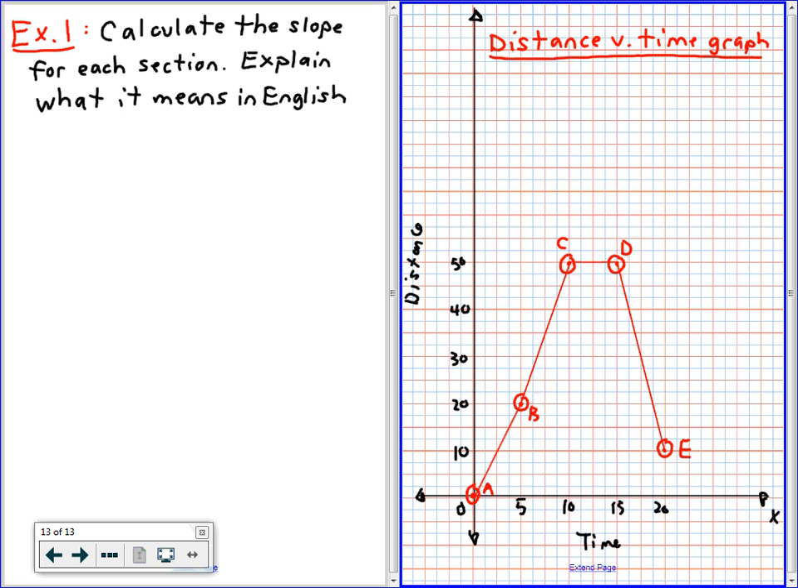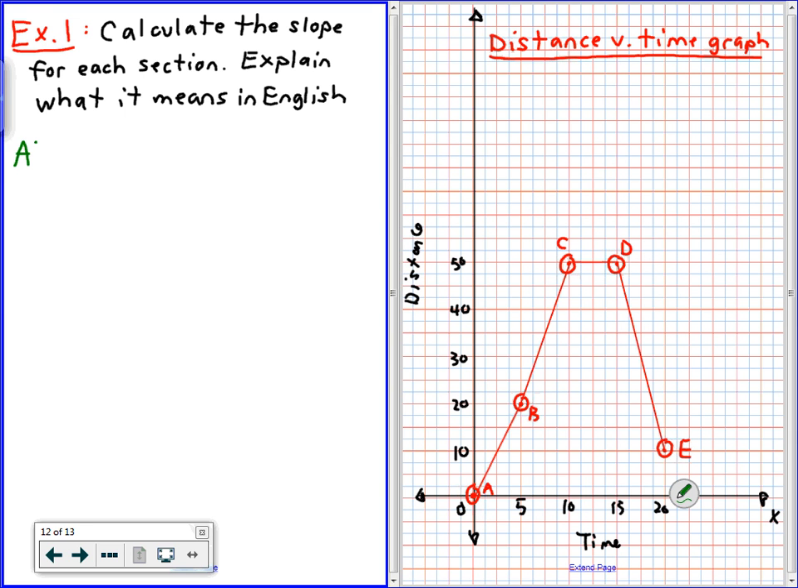Okay, so there's two ways you can do this. I'm going to do number one the easy way. We're just going to do AB. It's just going to be rise over run. So all you have to do, the easy way to do this, is just to say, well, I'm going up